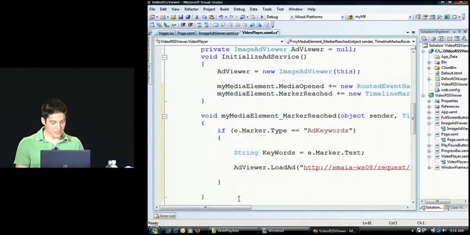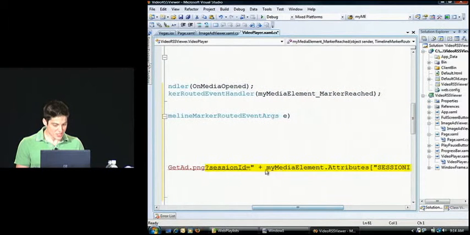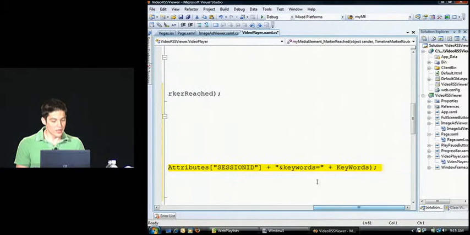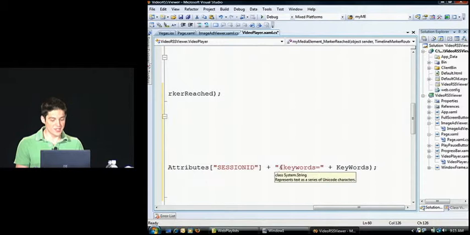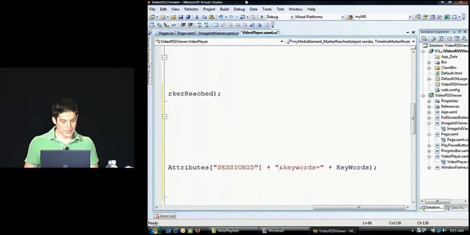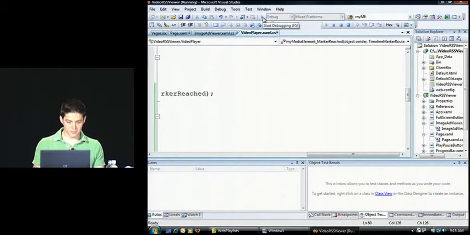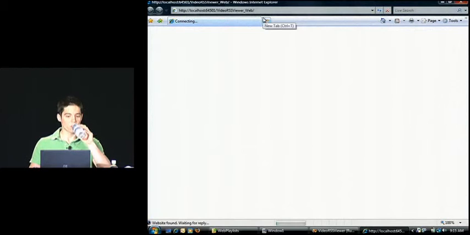And I'm going to pass in a couple of things. First, I'm going to pass in my session ID the same way I did before, except now I'm also going to pass in a set of keywords. And hopefully the server will be able to use that to give me a better ad. So if we run this now,